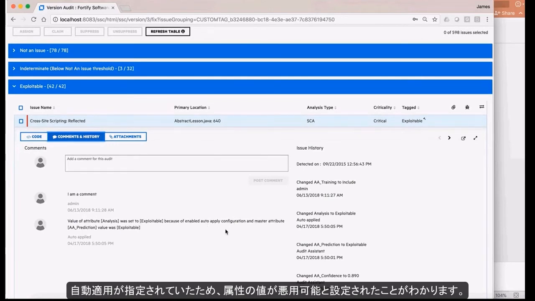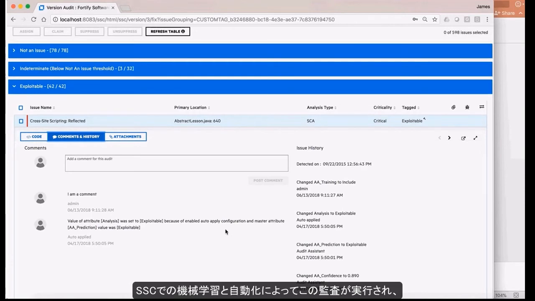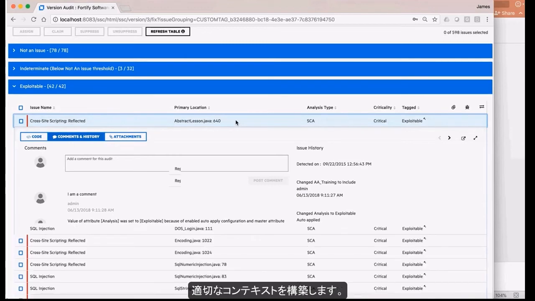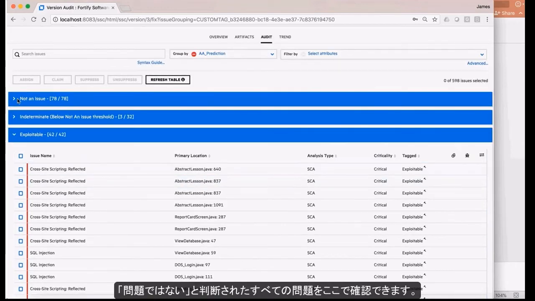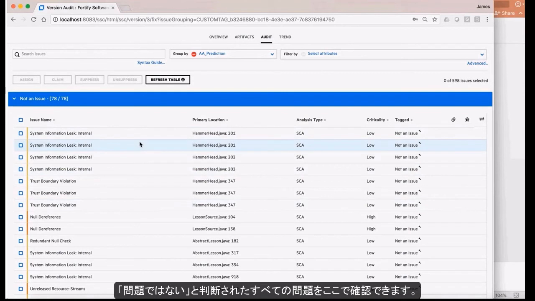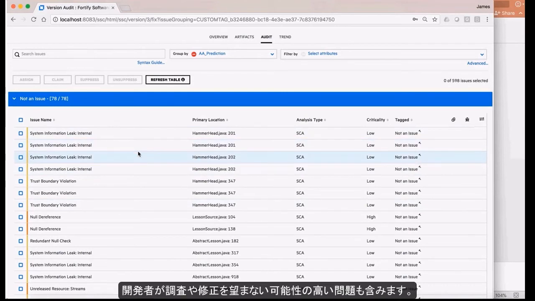So the machine learning and the automation in SSC is responsible for this audit, and a developer could go ahead with a 99% confidence that this is a true issue, right, that is exploitable by an attacker and should be fixed, right? In the case of cross-site scripting, whether it's validating the input and a combination of correct output encoding for the right context. So we can also look at not an issue and see all of the issues here